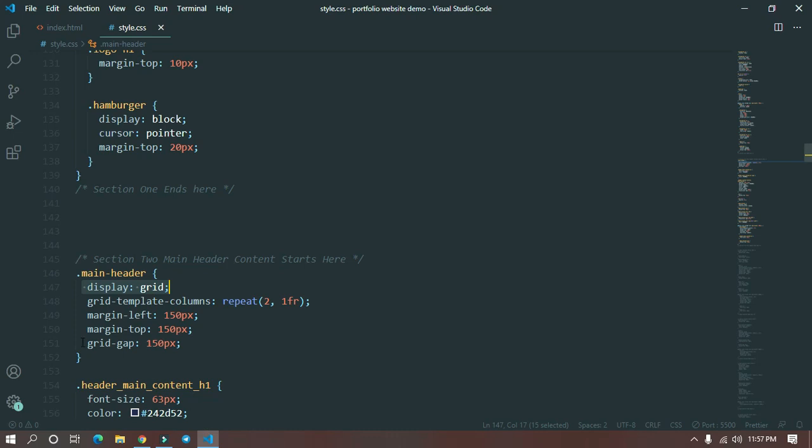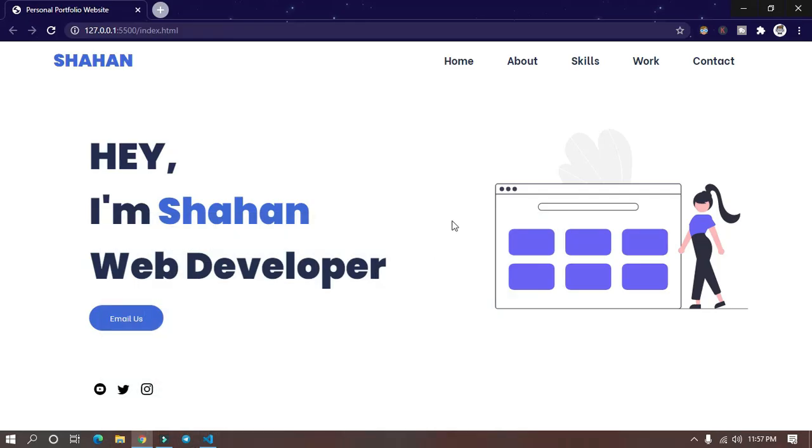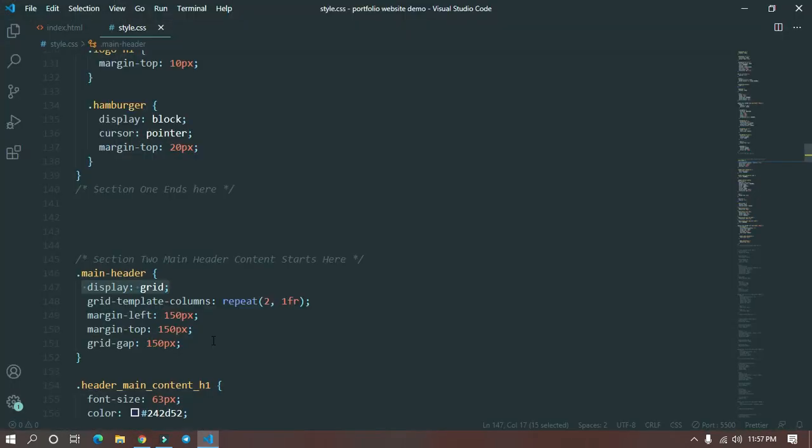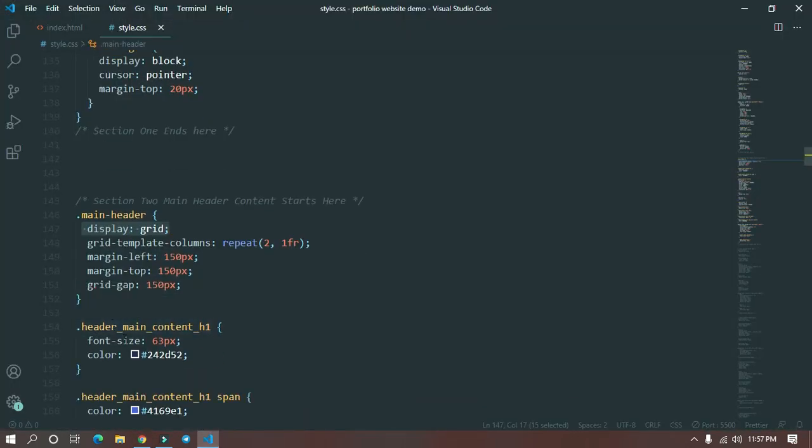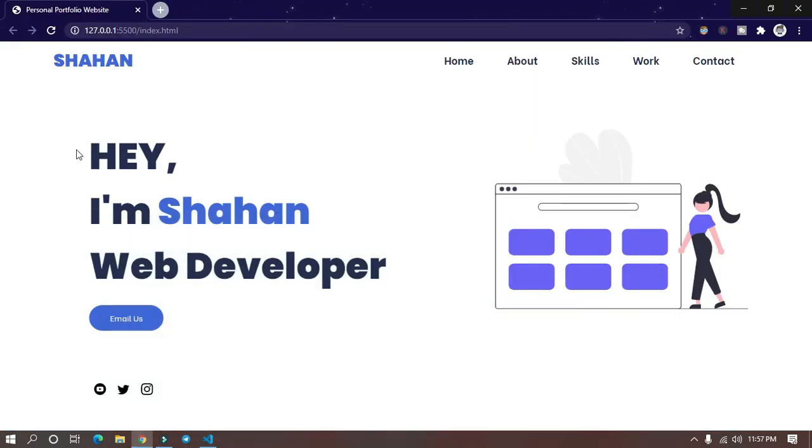A margin-top of 150 pixels and a grid-gap of 150 pixels. This is the grid gap of 150 pixels, and this is the margin from the top. Now for the header main content h1, font-size is 63 pixels and the color is this hex code.